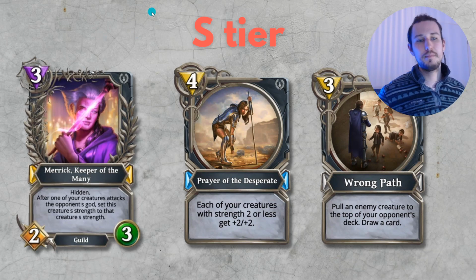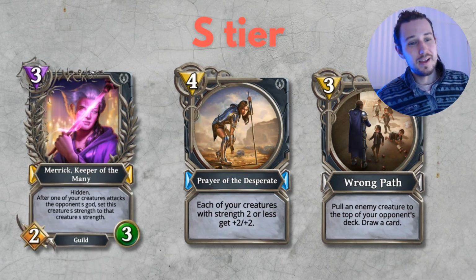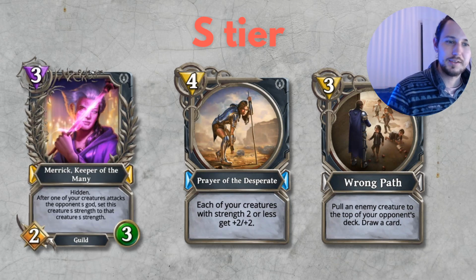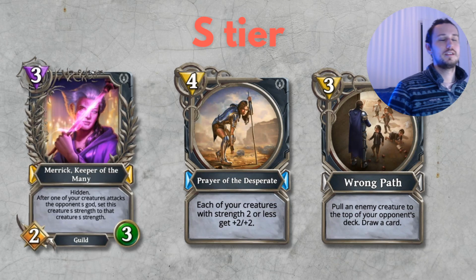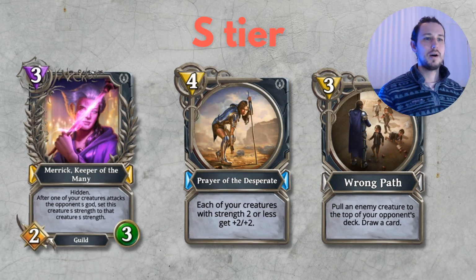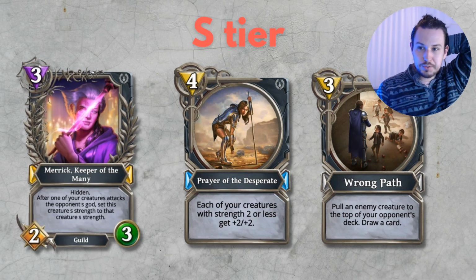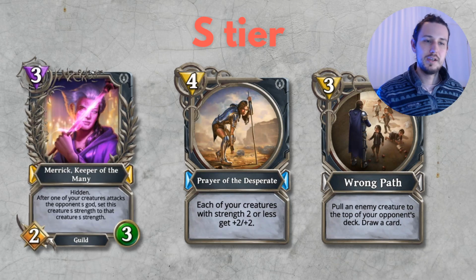And then finally, the Merrick Keeper of the Many. So it's a 3 mana 2/3 hidden deception card, and after one of your creatures attacks the opponent's god, set this creature's strength to that creature's strength. So I think this is massive because deception has a lot of ways to buff up one of their hidden creatures, and especially if you have like a hidden rush deception playstyle, then you could basically run Dark Knives on